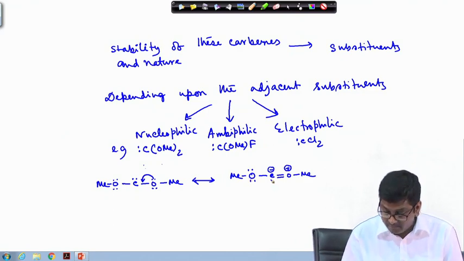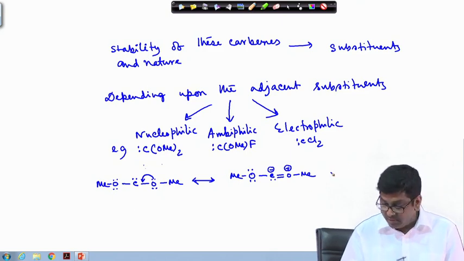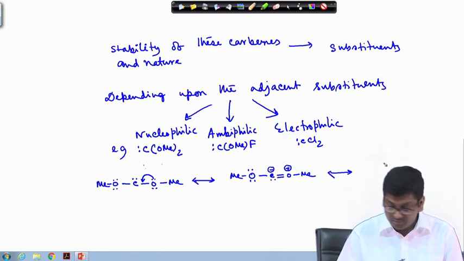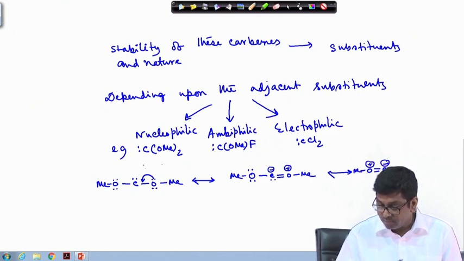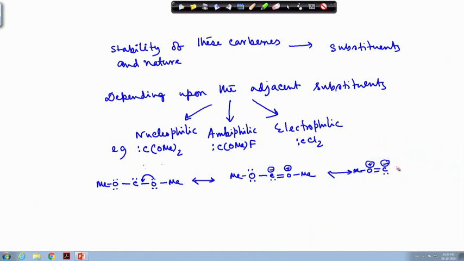Fine, okay. Or it can be from this side. So, this type of carbenes are devoid of electrophilicity